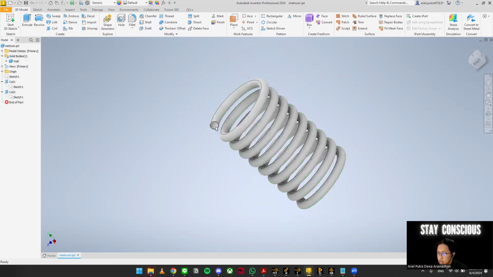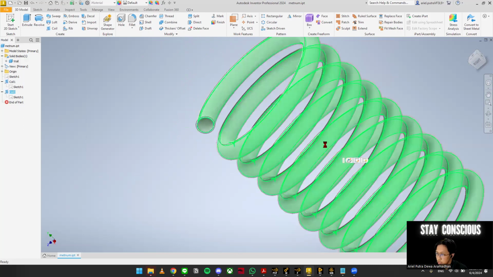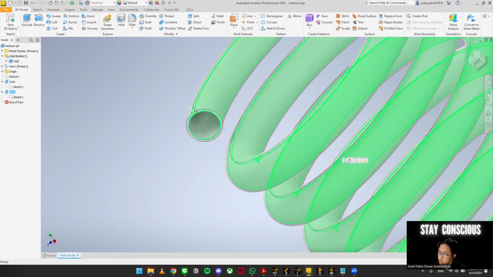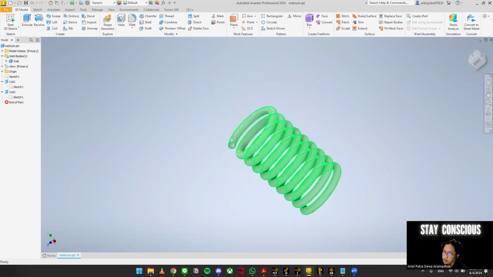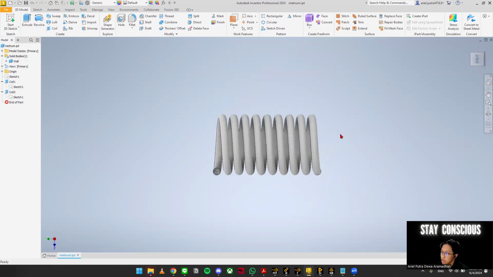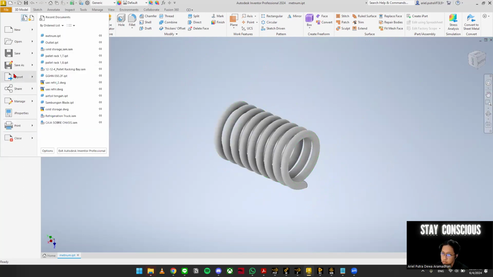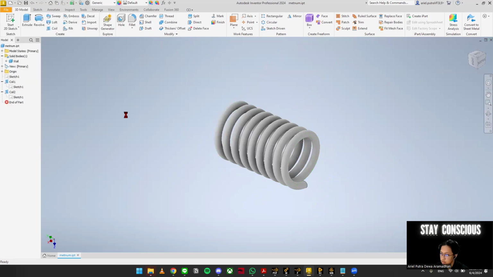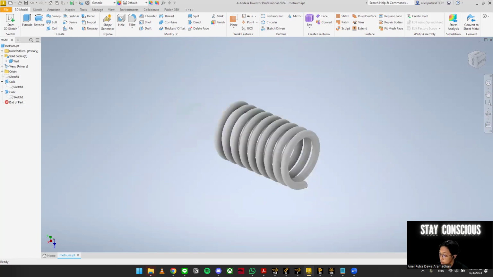Okay. After that, I'm gonna coil it again, but this time I will cut through it so that I can get the sort of like a wall of the pipe. Okay, I think that's it for the modeling. After that, I'm going to export it using a CAD format of STP, I name it MatNumPy in the MatNum folder.